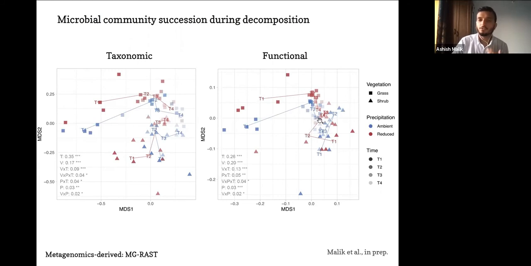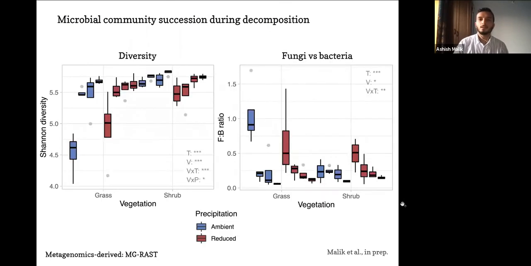but also of the functional profiles. And actually the functional convergence is higher than the taxonomic convergence. So this just shows that as decomposition progresses, the communities become more homogeneous and the litter probably becomes more uniform, including microbial biomass becoming a source of substrates for other microorganisms. In terms of taxonomic diversity of the communities, it increases as decomposition progresses in both